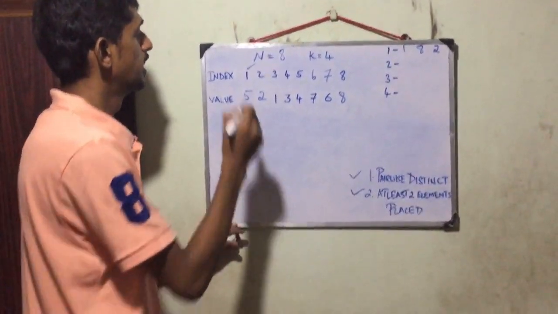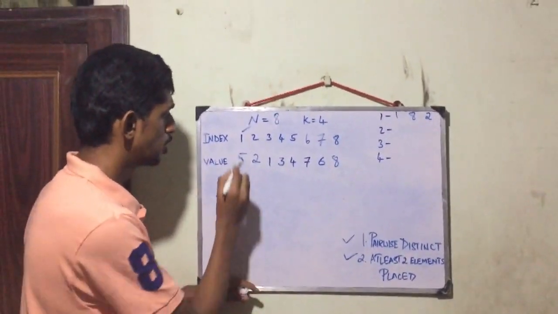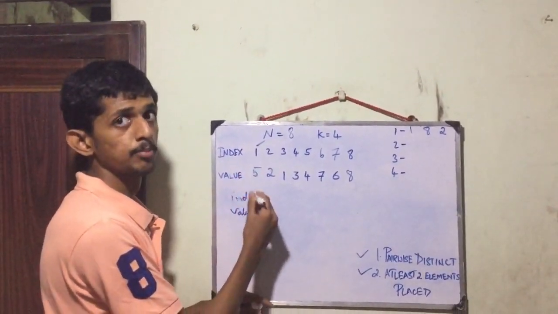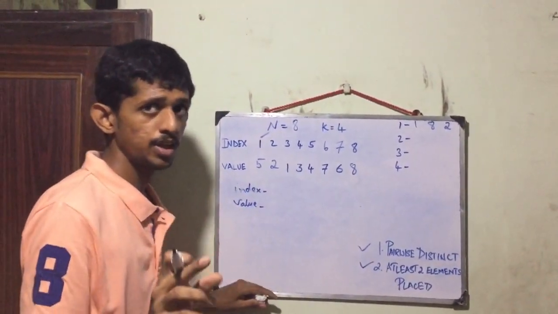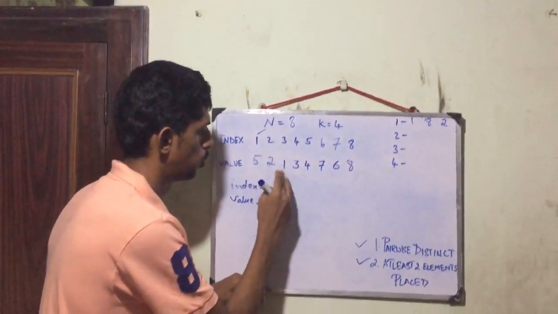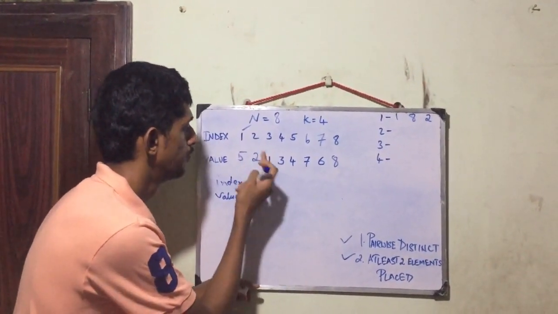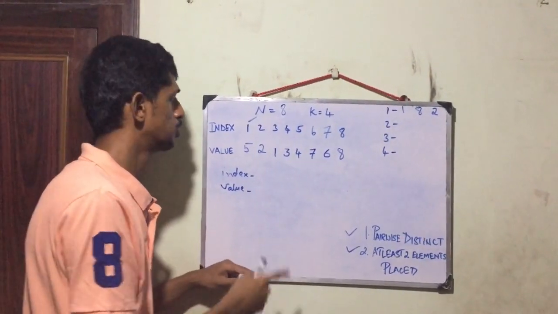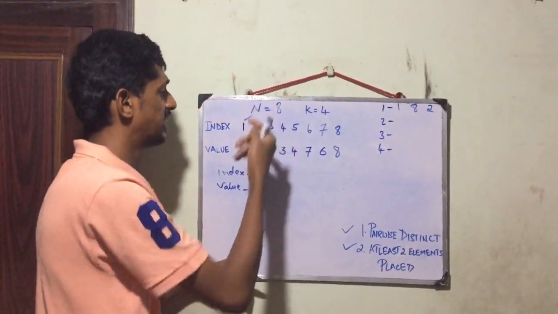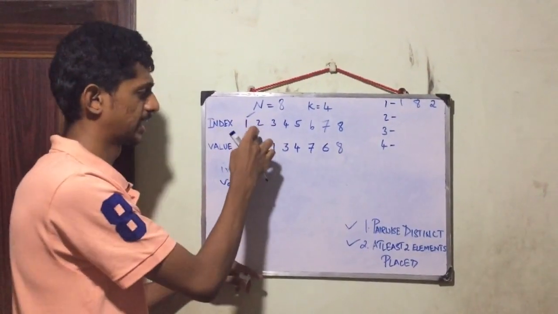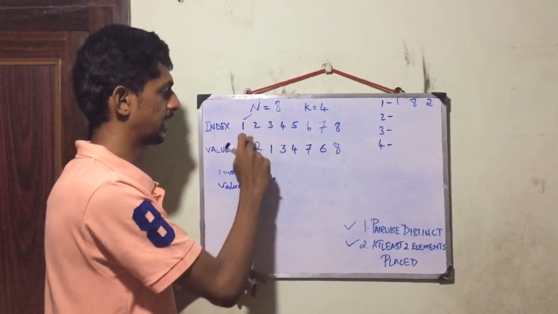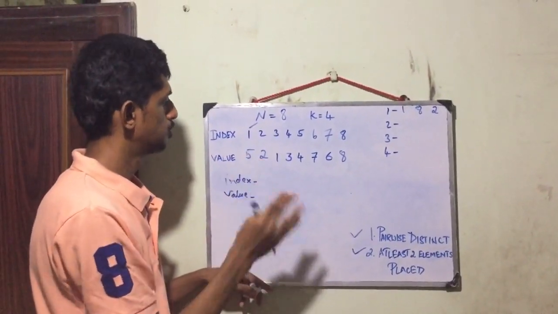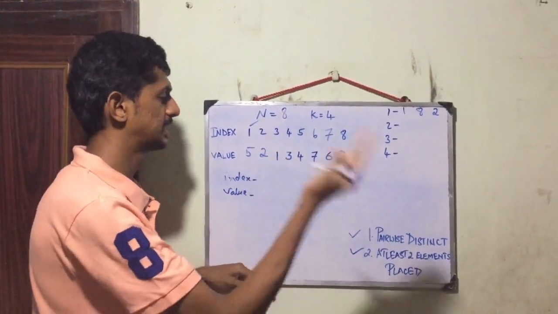You can ask me that in the first index you don't have the value 1, but how can I move to the second index? Don't worry, because in the future 1 will come and this 1 will go to the first index using the right cyclic shift operation which I have shown you. So we can now move on to the second index. Now 2 is placed in the second index, so no need to worry. So you can move on to the next index.